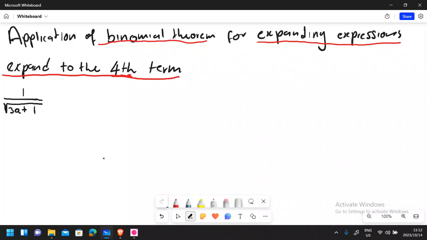We're going to expand to the fourth term. So I hope you guys are ready, because this one is a bit complex, and unlike others that we did before, this one needs you to simplify. So before we start,